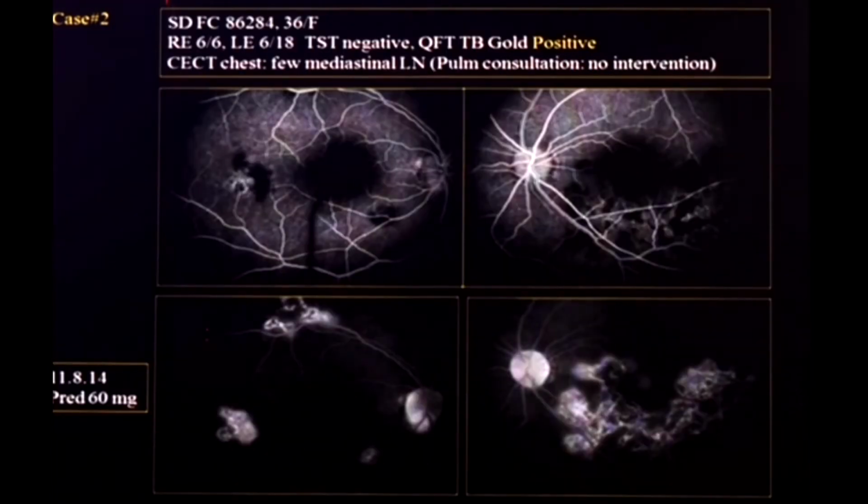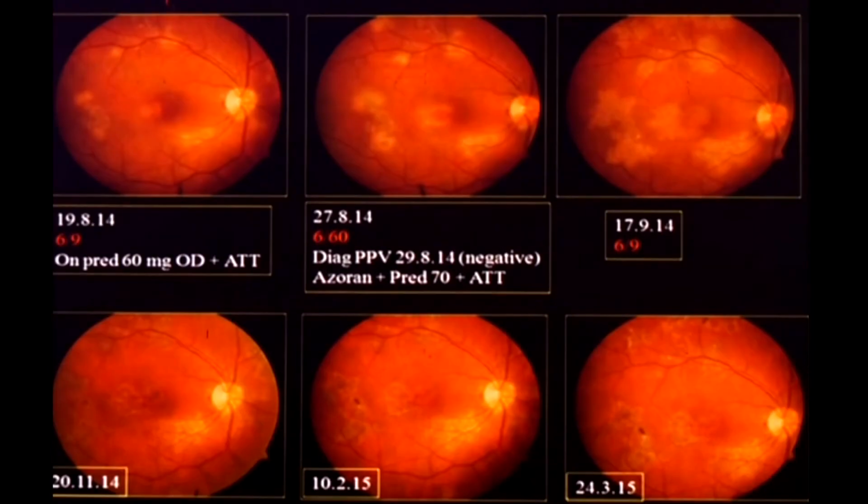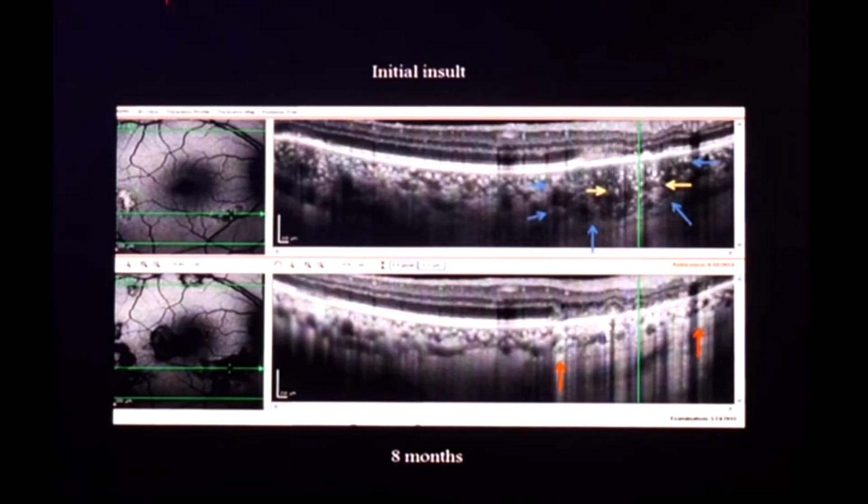Now, the second finding, in cases of paradoxical worsening, same thing happens when you have active lesions persisting and probably new lesions coming up. The choroidal thickening does not decrease. In fact, there is a slight increase in the choroidal thickening during the paradoxical event until the lesions heal, and then ultimately you land up with decrease in the choroidal thickening. So these are the changes that you can see in the initial insult.